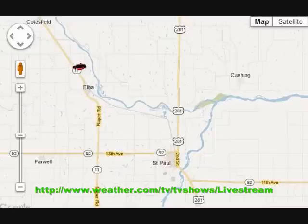So that's what we're looking at right there. We are right inside the concentric circles there, inside the yellow. And behind it, do you see a spiraling red circle? That's the radar detecting shear rotation in the storm, okay? So we're down south of that, it's coming towards us, but this whole area up in here is where we've got the big hail core, and we already came through that, at least on the leading edge. We don't want to be in the middle of that because there have been reports of baseball-sized hail with that. So that's something we're going to try to avoid at all costs if we can,